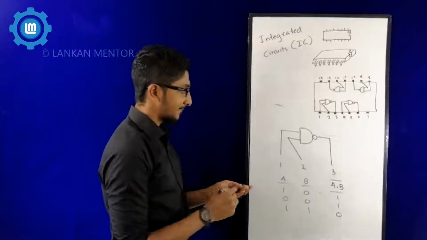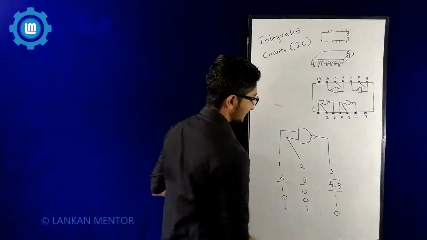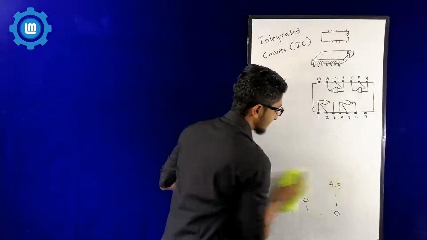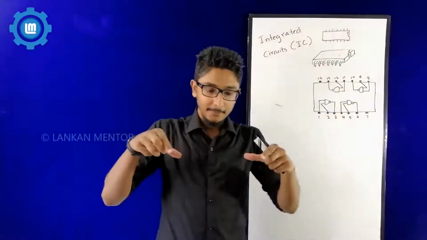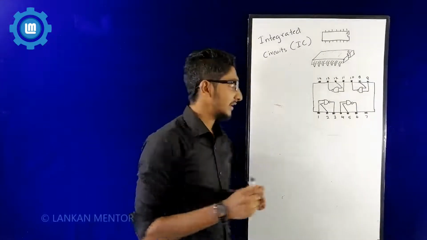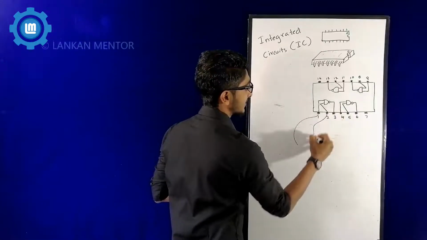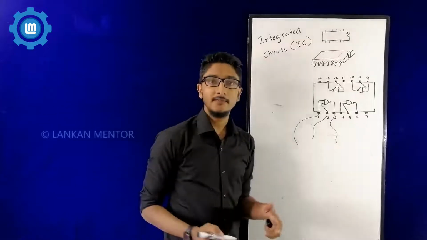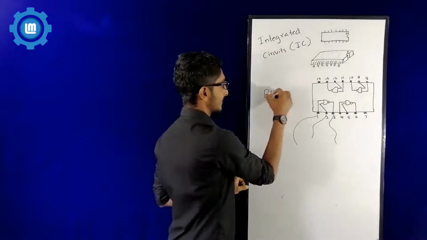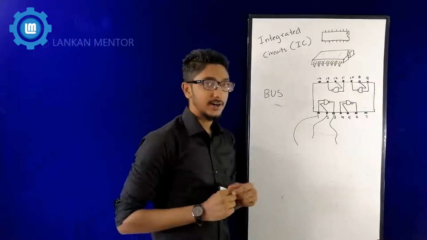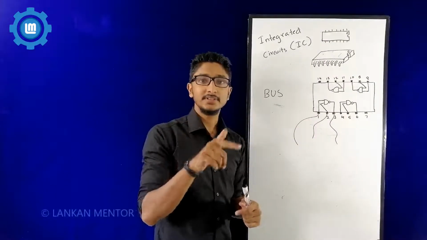Just like that. These are called pins. They are arranged in such a way that they can be fitted into electronic circuit boards. That is how they connect. Now, these can be connected to wires, a lot of wires, or we call it bus. A bus is a terminal that transports signals.